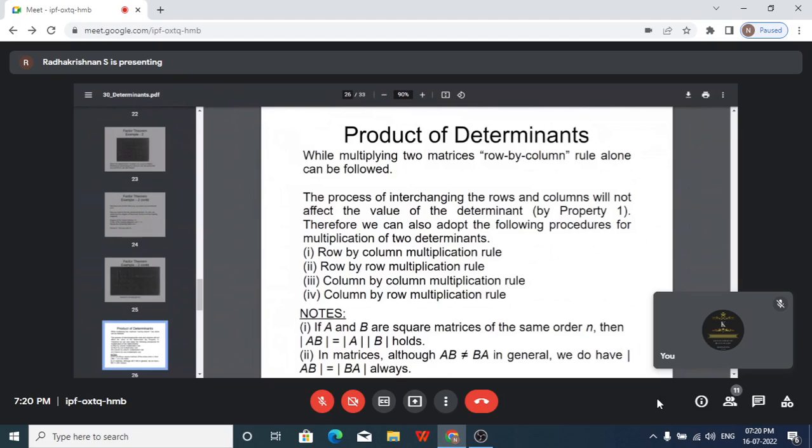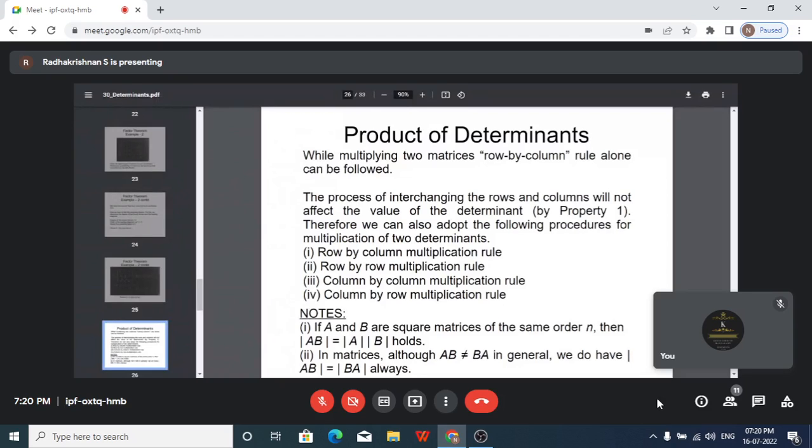So now, when we multiply two matrices, the row rule is what we followed. We have to take the first row and multiply by the first column, then that becomes the 1 1 element of the resultant matrix. We do the same way, don't we? When I multiply two matrices we use the row by column rule. But in the case of determinants,